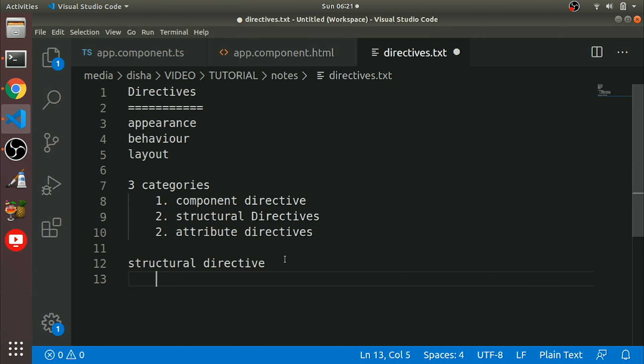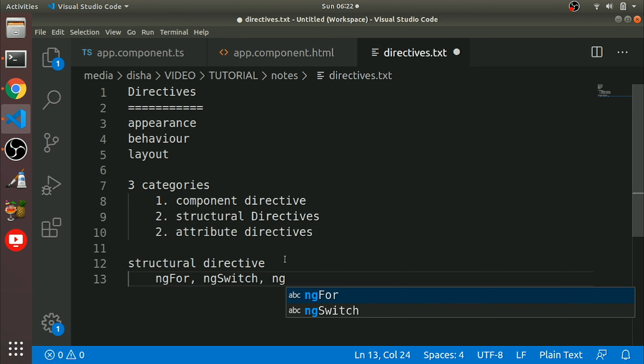Okay, in structural directive we can have ng for, ng switch, which is similar to JavaScript switch, so we'll explain one by one, and ng if. Okay, these are the structural directives. And what are the attribute directives?